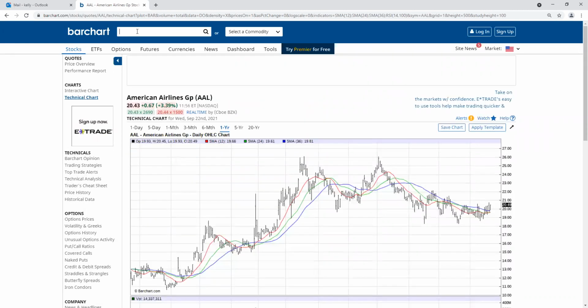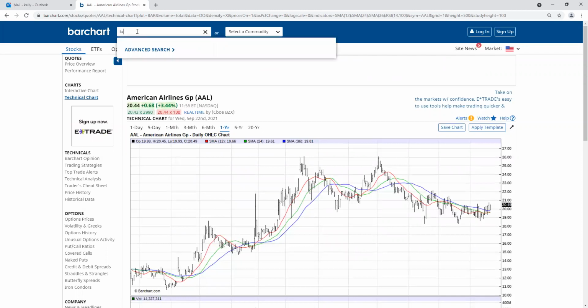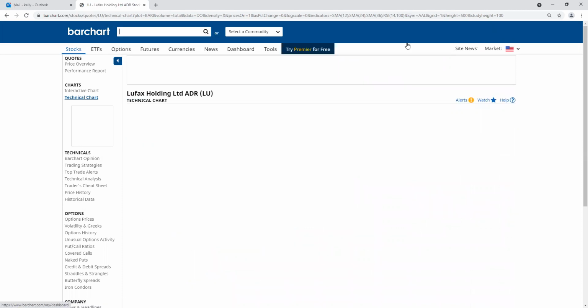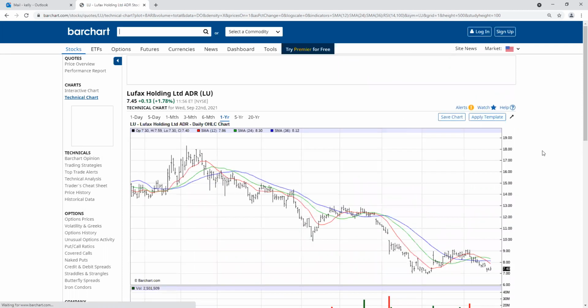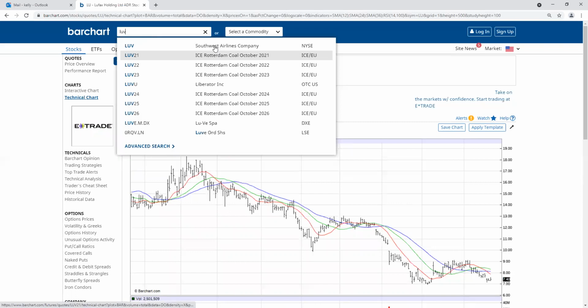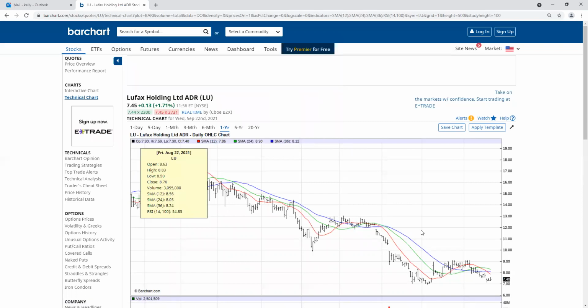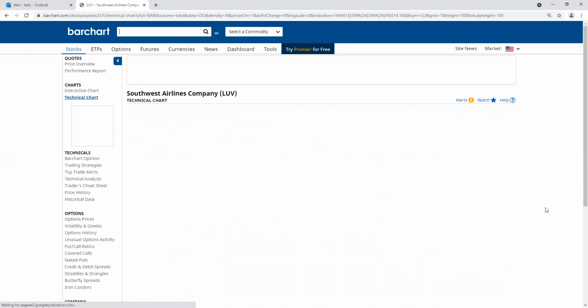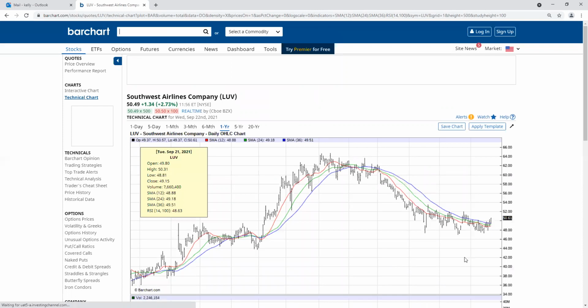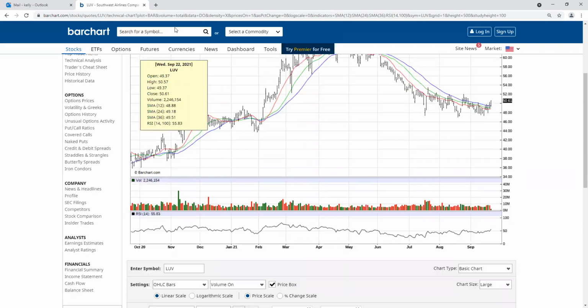You want to go locally here. These guys have really good rates. I used them recently and I didn't pay hardly anything. Oh, it gave me the wrong one here. Come on. Love is Southwest Air. That's got to look better than that. It looks a lot better. See, there you go. It's starting to make its little move here and your RSI is pointing up. So if you want to go to a local carrier, you go Southwest.